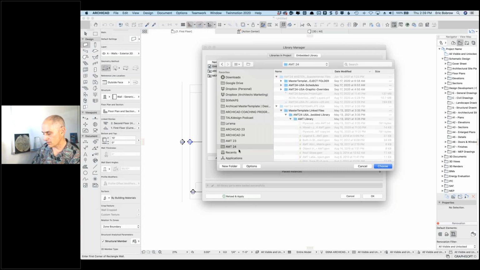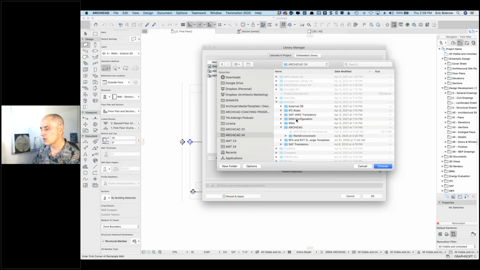I can't remember. No, this is, yeah, I'm not sure, I think I'm in US 2024 here. In any event, I can go into the ArchiCAD 24. I can go in and load the migration library. So the migration library,